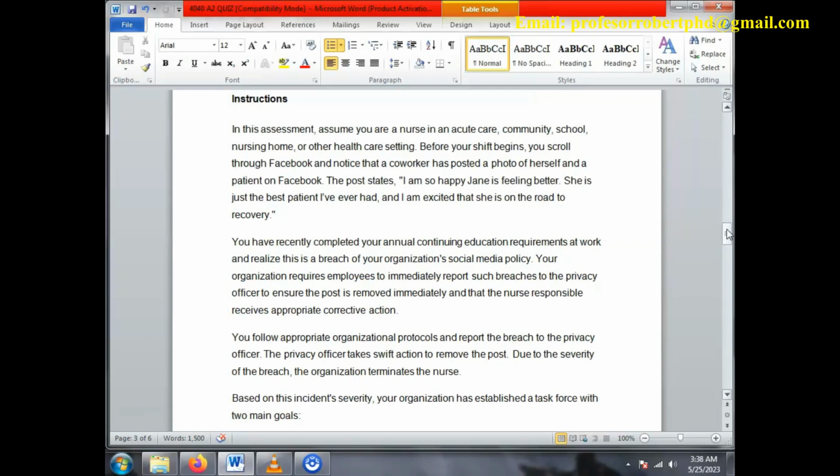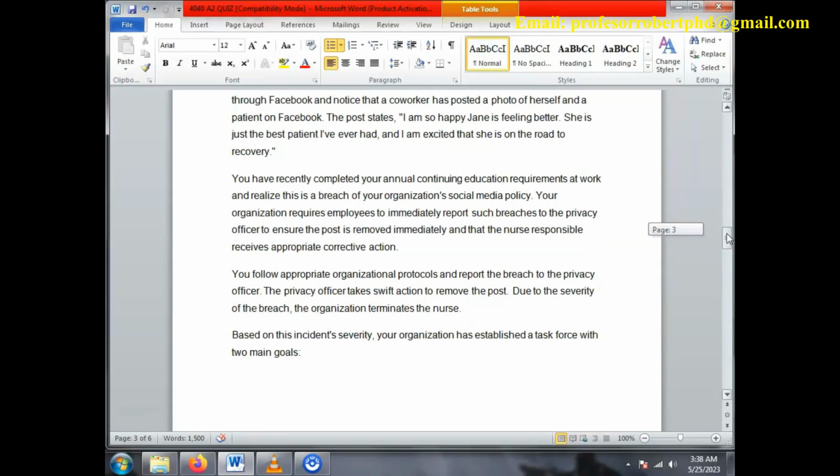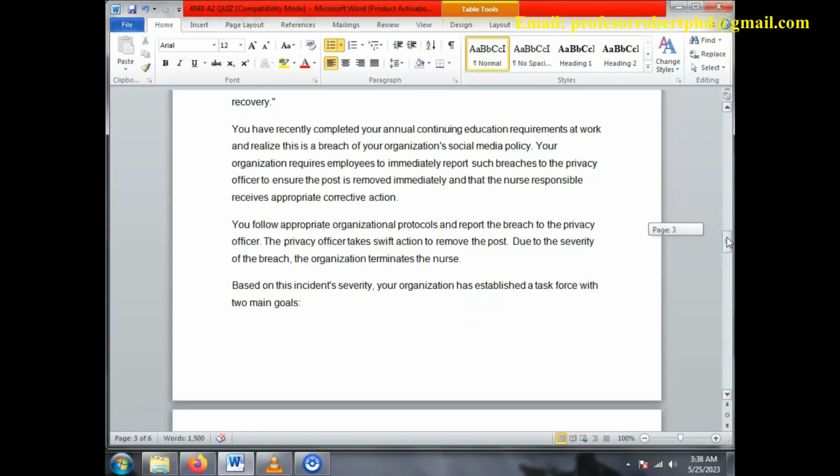You follow appropriate organizational protocols and report the breach to the privacy officer. The privacy officer takes swift action to remove the post. Due to the severity of the breach, the organization terminates the nurse. Based on this incident's severity, the organization has established a task force with two main goals: educate staff on HIPAA